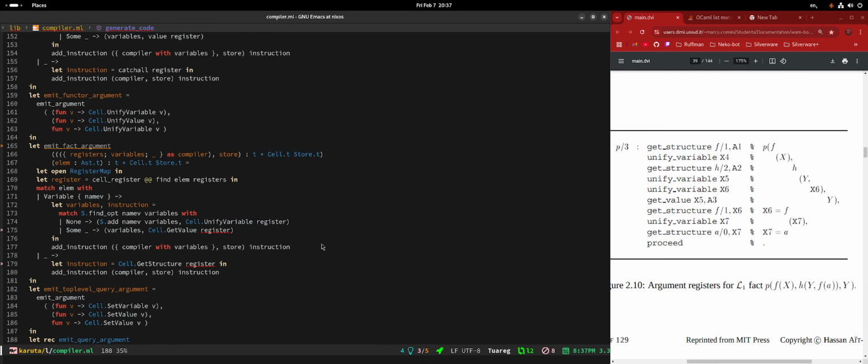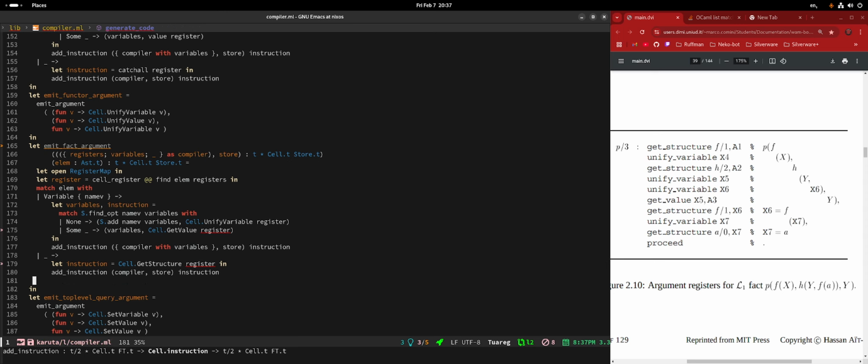That means that it needs to be a functor. Well, if it's a get structure, it must be a functor. But that's a problem because then this cannot be a catch-all. So what types of things can we have in here aside from variables and functors anyway? Just variables and functors.